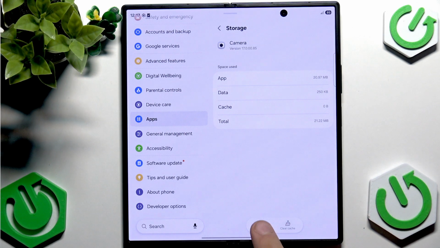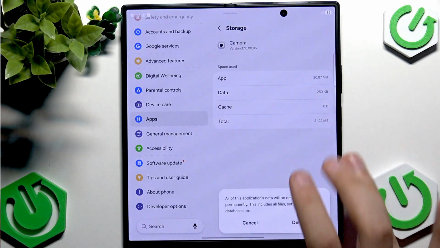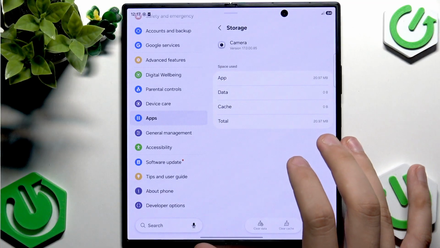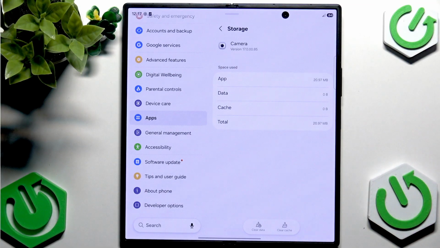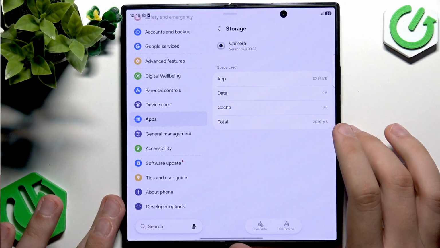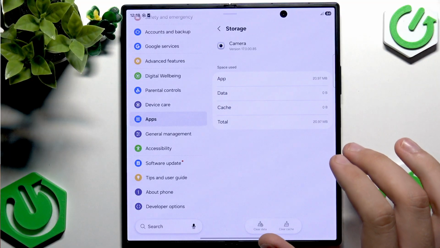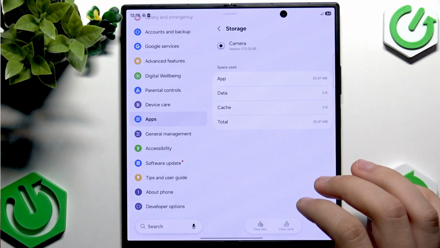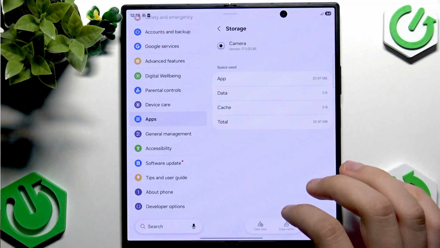If you want to make sure that everything is cleared, tap clear data and delete. Remember that this resets camera preferences to factory defaults, but will not delete your photos or videos, so don't worry, everything will be okay. Apart from that, you need to go to the